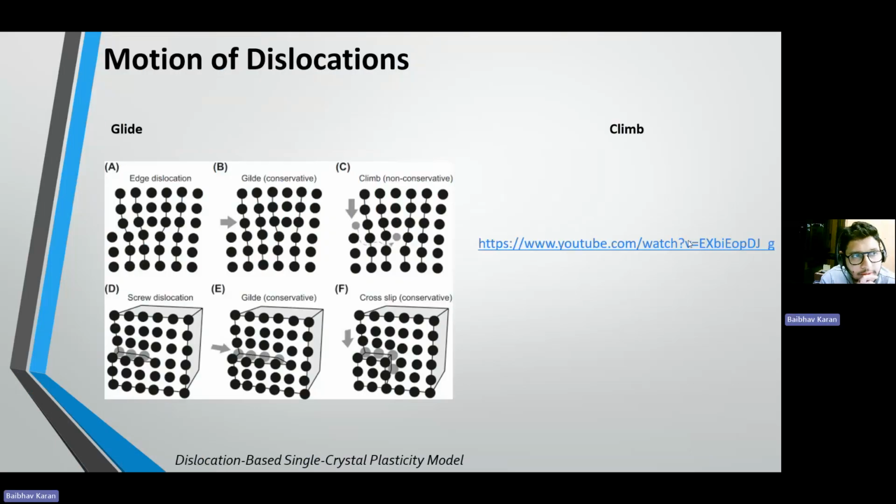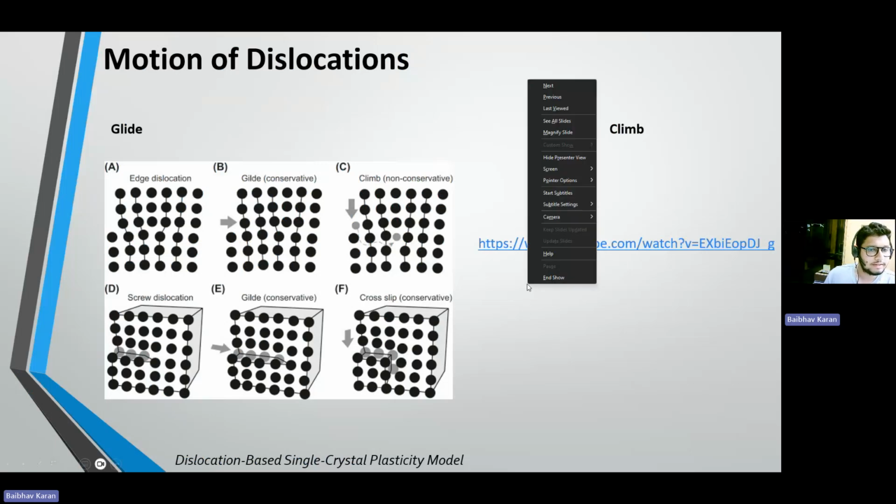The motion of dislocations, as explained by Professor Shashank, occurs by two things. One is glide, one is climb. What is glide? Glide, as you know, is a movement of dislocation along a plane. There is a plane in which the dislocations will be present, or in which the Burgers vector will be present. So the movement of the dislocation is along that plane, which contains both the Burgers vector and the line vector. If there is a movement of dislocation,